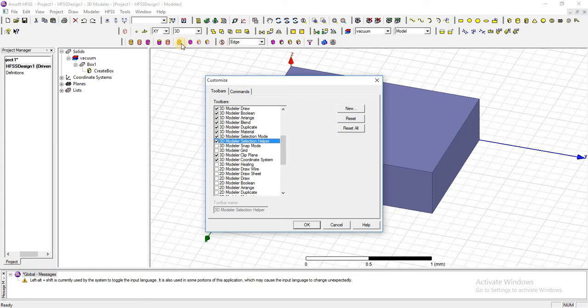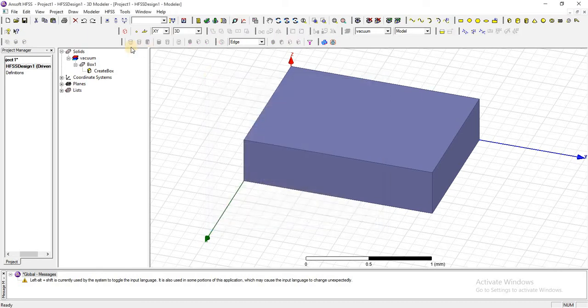Here it is. These are the different selection, multiple selection commands. And here it is, a healing command. Click on OK. Now select an object.